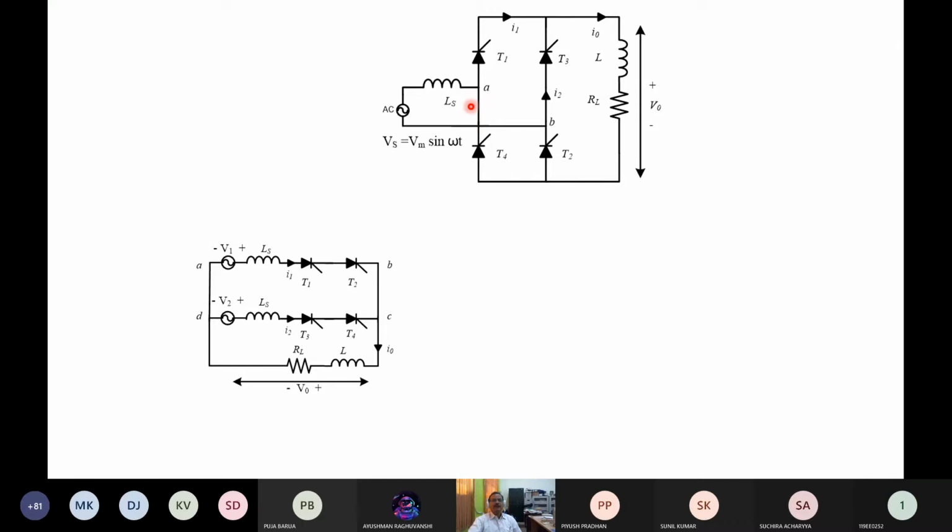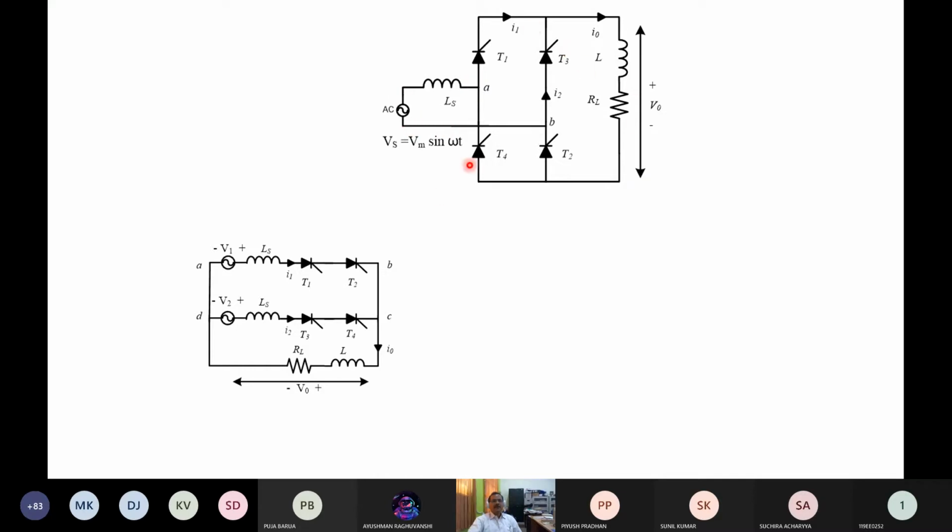So for a short period of time, all four switches conduct. That is known as the overlap period. During the overlap period, mu, the output voltage is 0. And assuming that the load current is constant and ripple free, the rate of rise of current in the incoming thyristor is equal to the rate of fall of current in the outgoing thyristors.